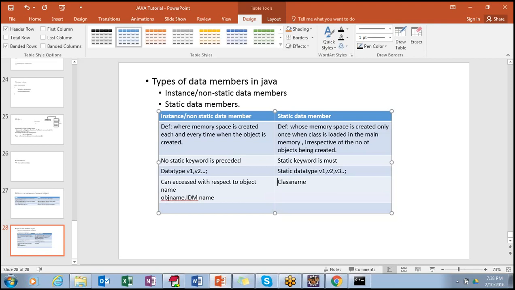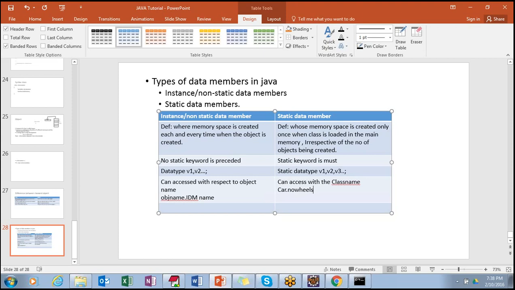So when we say it can be accessed with the class name, for suppose my class name is car, then car dot, as per the older example, wheels.